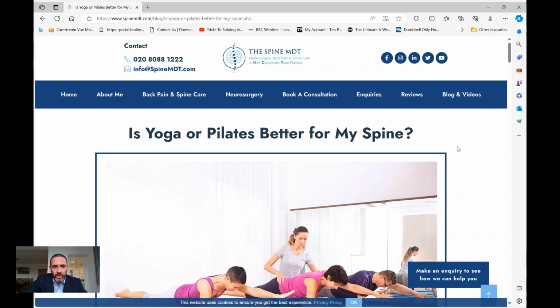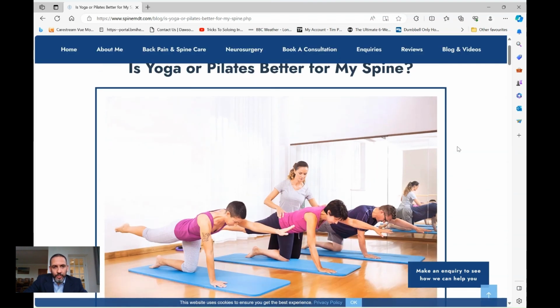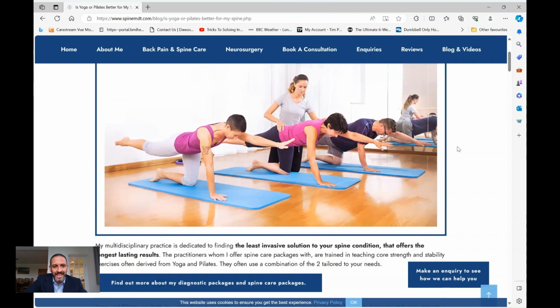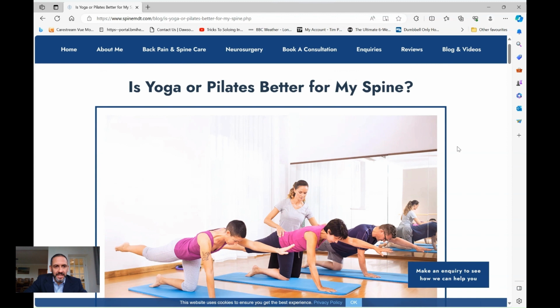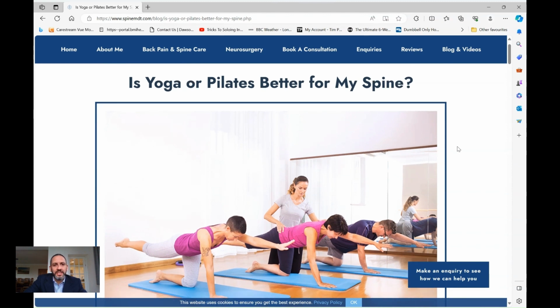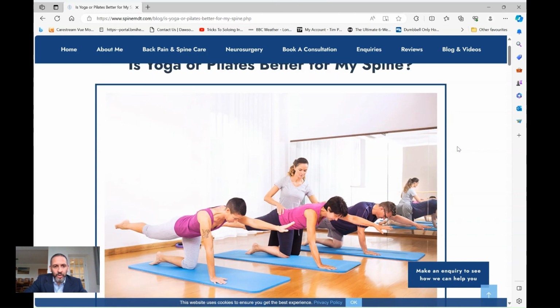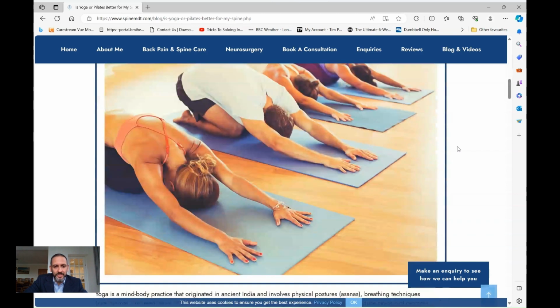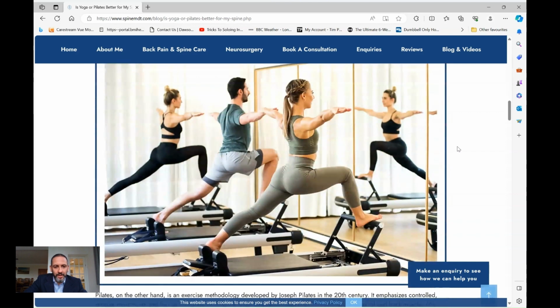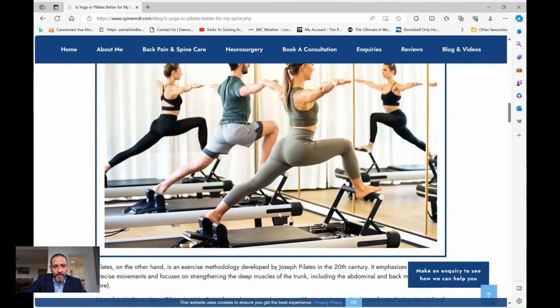And there are different scenarios where one may be better for the other depending on your underlying condition. For improving mobility and flexibility, yoga tends to be better if that's the main issue. Or if there's some instability of your spine and you want to tighten up that core a bit more, then Pilates tends to be better. And there are different types of this. The reformer Pilates, shown here using these reformer machines, puts quite a fair bit of resistance against the muscles, and